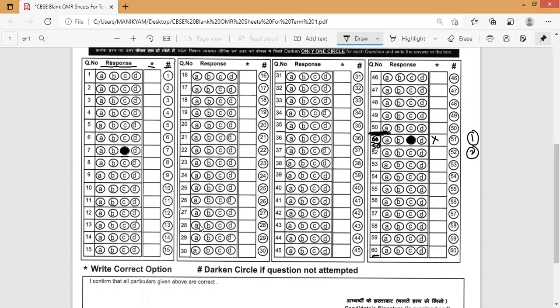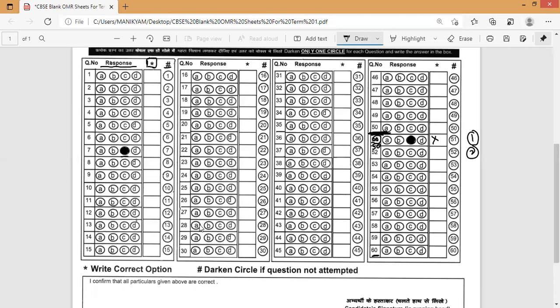Now, after the 4 circles, you can see we have a star column. This is the most important part of our OMR sheet. Kindly remember, and I am stressing again and again, the star column is the most important one, because whatever you write here is the only thing evaluated. It is the only thing going to be considered for final correction. That is why I am stressing it again and again.